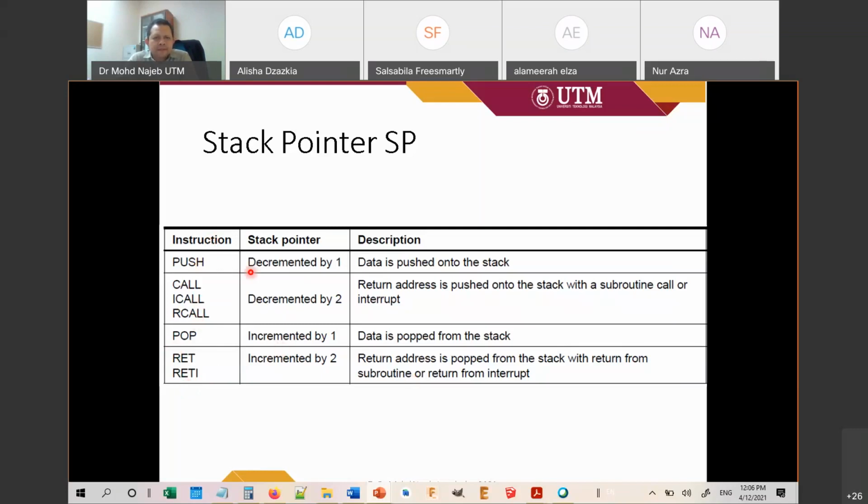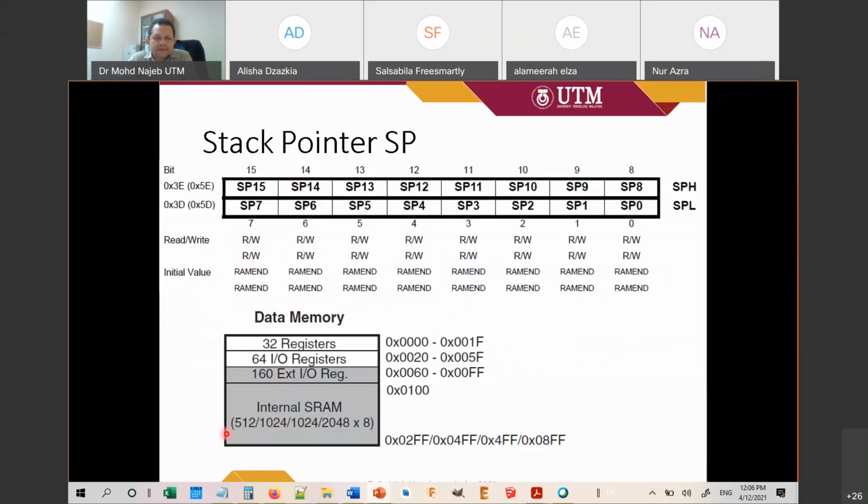So what happens here? The stack pointer stores the address. So the RAM at the end of the RAM here, it stores the value of those registers that you have pushed and that you're going to pop after that. But this stack pointer stores the address. So initially, this stack pointer will point to the address of 08FF. So why 08FF? This is because if you look in the data sheet, the internal SRAM for ATmega